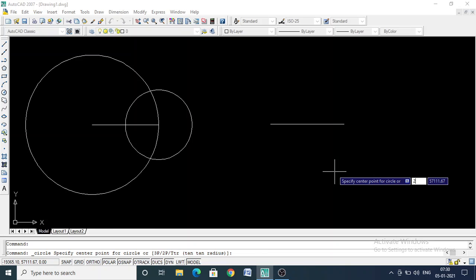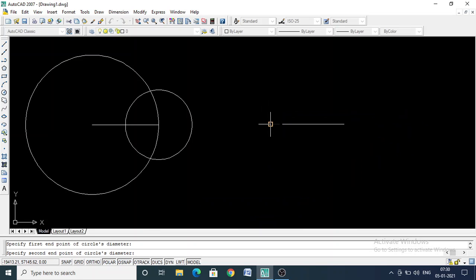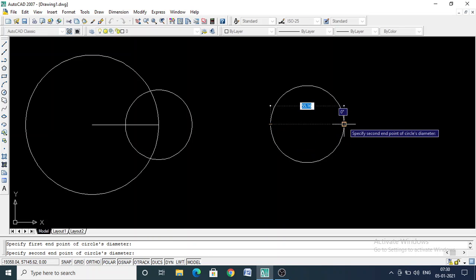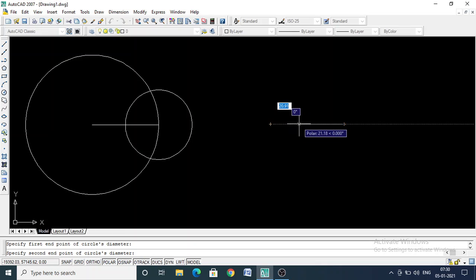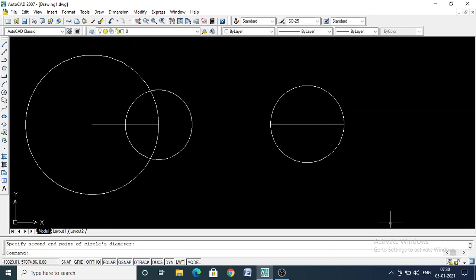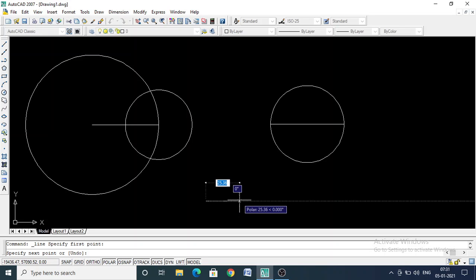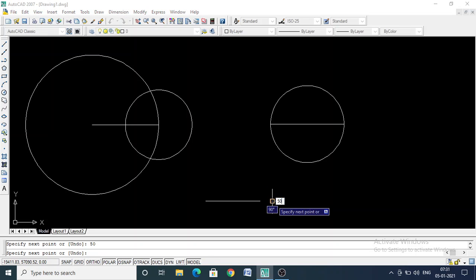2p, enter. So what it says is choose the first end point of a circle diameter, means this is my first end point. Then it says choose the second end point of the circle diameter. It means I'll choose, see, you can see as I go on moving, it also starts enlarging. Okay, this is how I draw the circle by 2 points. Now I'll draw a circle by using 3 point, say 50, enter, 50, enter. I'll draw one more,